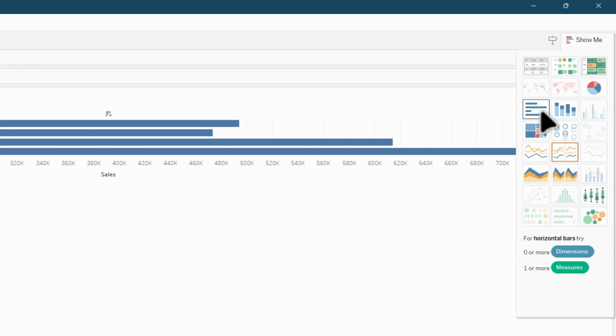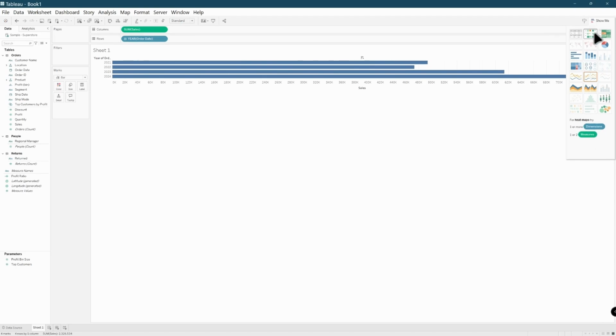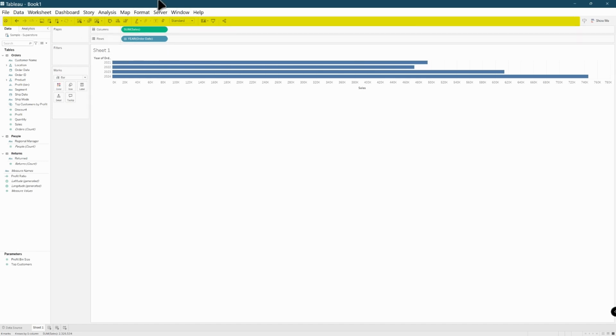This is not my favorite. I typically like a vertical bar chart, but I'll tell you how to convert it into a vertical bar chart after we click the horizontal. So first we're going to click the horizontal, and you should see the same results but in a horizontal bar chart fashion. And if I zoom out, I'm going to direct you back to the toolbar to figure out how to convert it into a vertical bar chart. We're already in the horizontal bar chart.